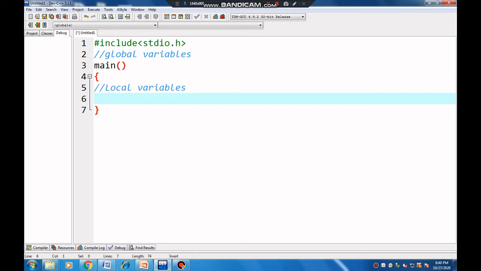Now we have seen the syntax of variable declaration, which is data type, space, variable name. Let's say I want to store numeric data. For that the data type is int. Let's say I take the variable name num. So num is the name of my variable which is of integer type. That means it can store integer values, numbers without a decimal point. So if I want to store 10, I can store that number in this variable num.